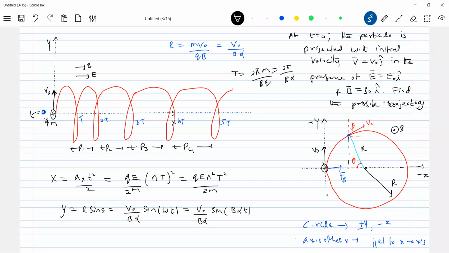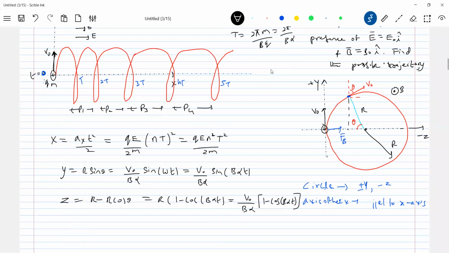Now how can we still write V naught in the YZ plane? What happened to the speed of the particle? It will remain V naught. Along the x-axis it is going to increase. Z coordinate again the same thing, R minus R cos theta. Okay, later on you do the substitution. Anyway, let me write here the same thing that we just discussed. So even for a helical path with increasing pitch, if there is an electric field. Now let's come to the velocity vector. How would you write the expression for the velocity vector?